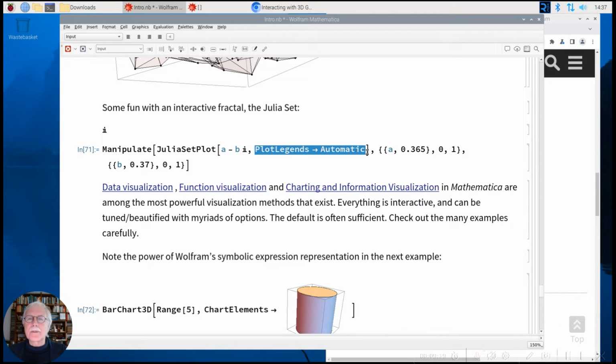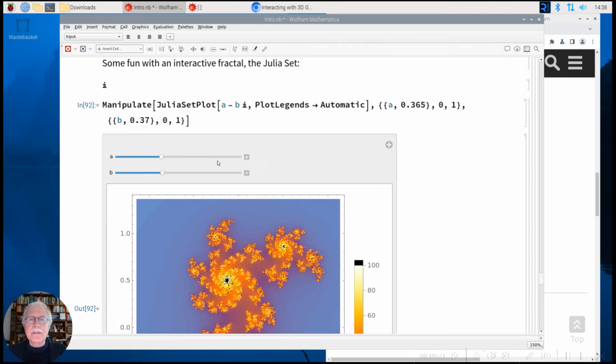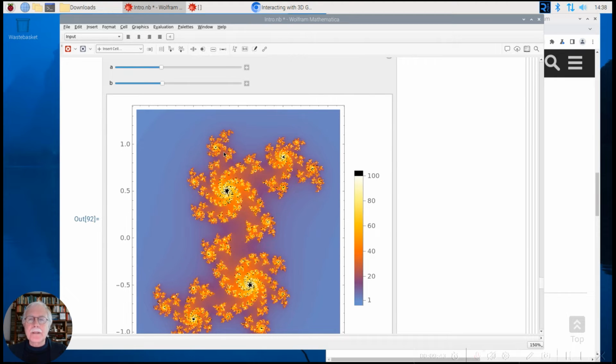Plot legends should be automatic, and we let A, we manipulate it, as you see, we have here Manipulate. And we manipulate A from 0 to 1, and we give it a starting value of 0.365. Same for B, also from 0 to 1, with a starting value. So now we have a Julia set plot, it's right here, with a Manipulate, and now we can interactively say,